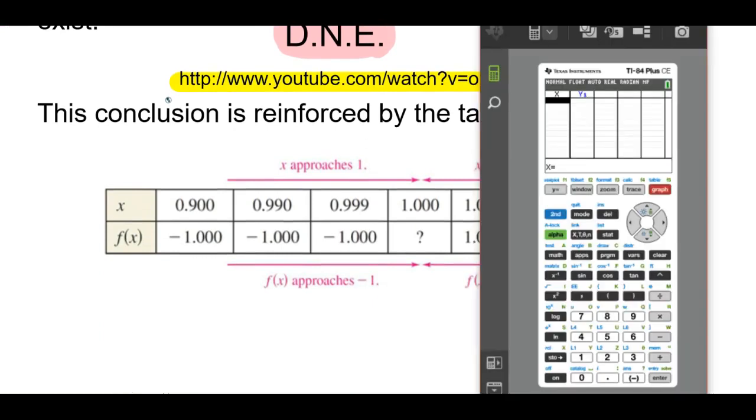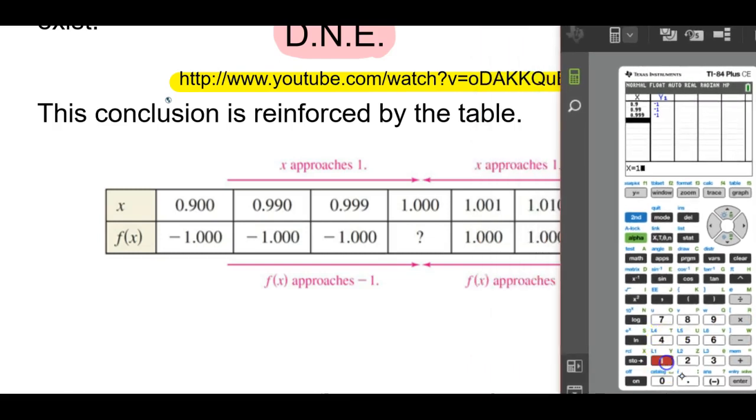They might ask, what is it if you let x be 0.9, and you can see it generated the -1 and then 0.99, because that didn't show up in my table before. So 0.999, and so you can enter values, and you can see it's getting really, really close. From the left, it's getting close to 1, and then you can check some values to the right by checking 1.001. Now, keep in mind,